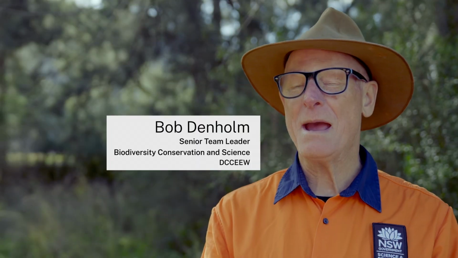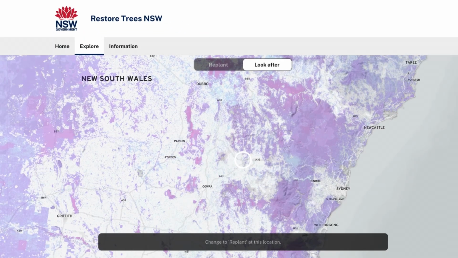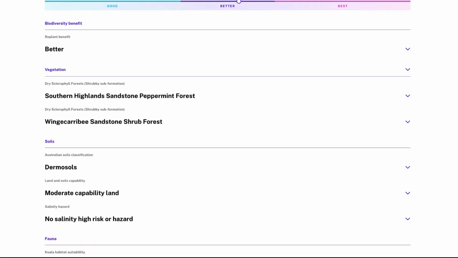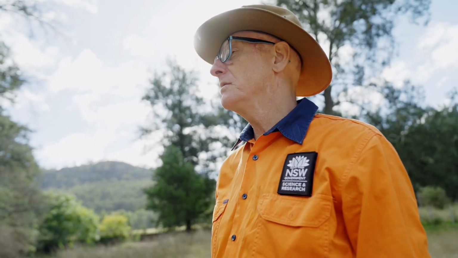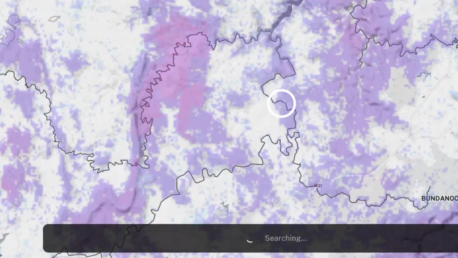We've developed an app called Restore Trees New South Wales, and the purpose of the app is to help answer the questions about, firstly, where to plant, and secondly, what native species to plant in any particular location. But we've also gone beyond that by adding in more information about the local environment, which can help people understand